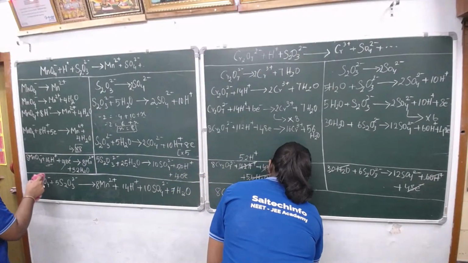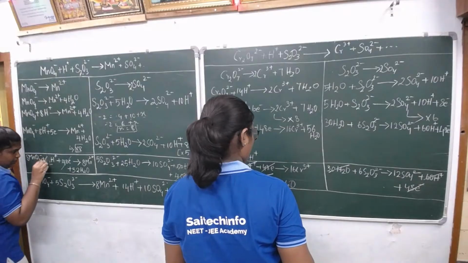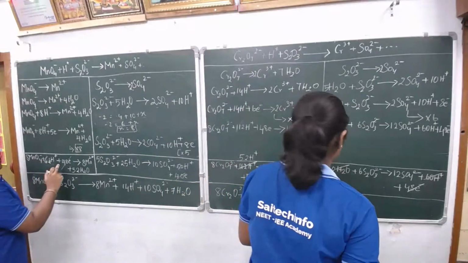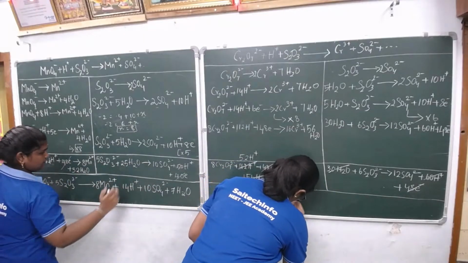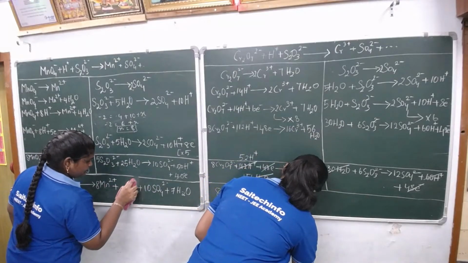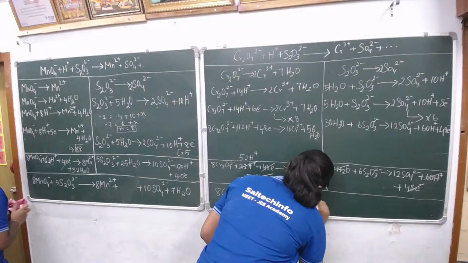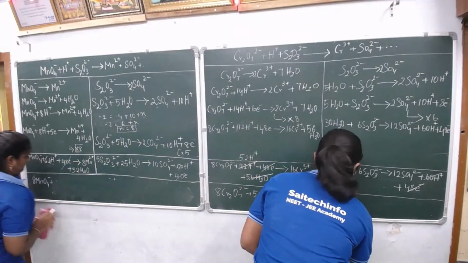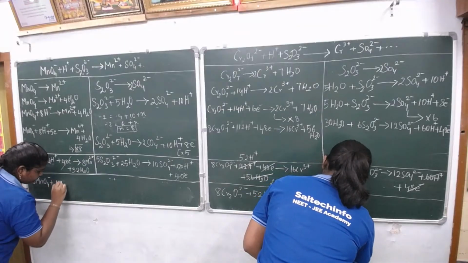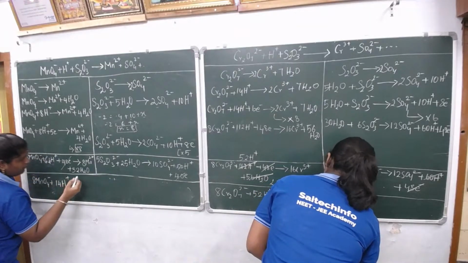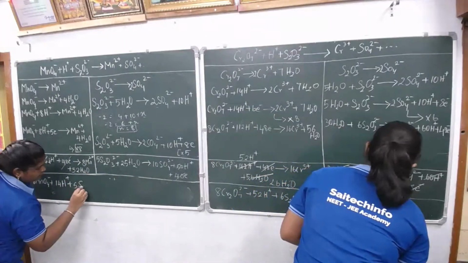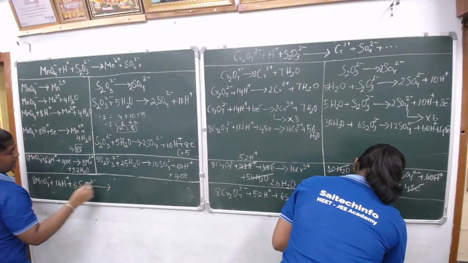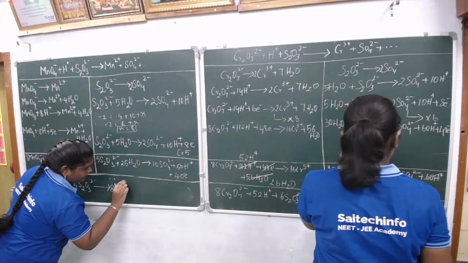So over here 8 8s are 64, it will become 64H plus. So if we subtract 64 minus 50, we need to write this 14H plus on this side. So left side, plus 14H plus 5 S2O3 2 minus